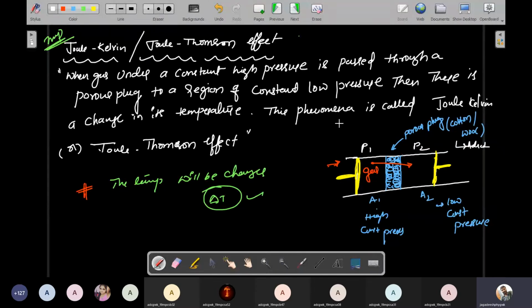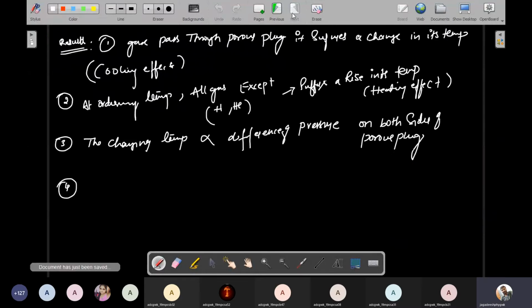We know that in an adiabatic process, one parameter is constant. In an adiabatic process, what is the parameter that is constant? Entropy. Entropy is the quantity which remains constant in an adiabatic process. Okay, therefore, I'll explain the expression. For that purpose, first of all I divide this screen into five parts.